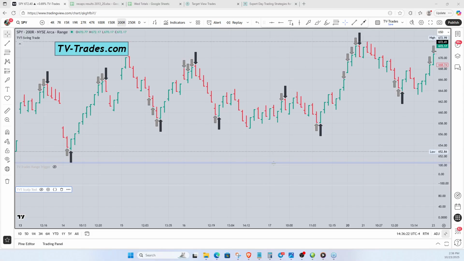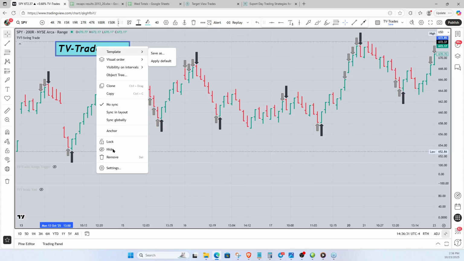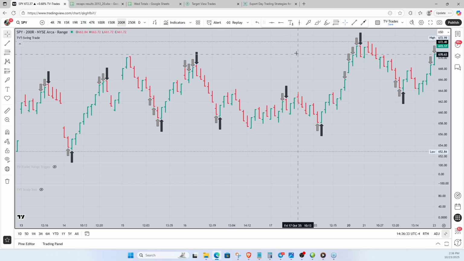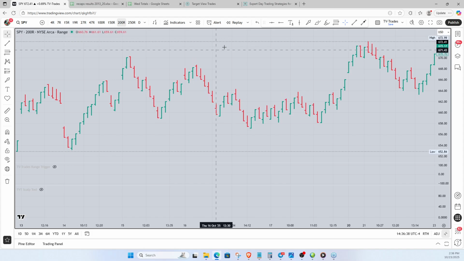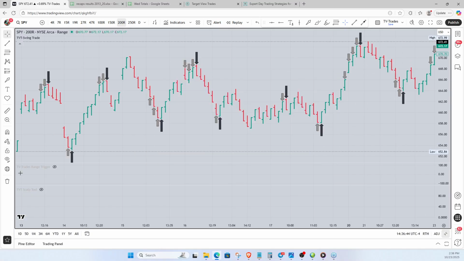However, that's the way the swing trade tool works, and it's really simple. If you're new to all this stuff, the swing trade tool is probably what you should start out with because it's the simplest thing we have. Okay, it is absolutely the simplest thing we have. You don't have to turn anything on. I'll just take it off like that. It's off the chart right now, and I just go to indicators and I go to swing trade and click on it. Don't have to change a thing. Don't even have to look at the properties. Okay, that is the simplest thing we have, and look at how it's killing it right here with the SPY.